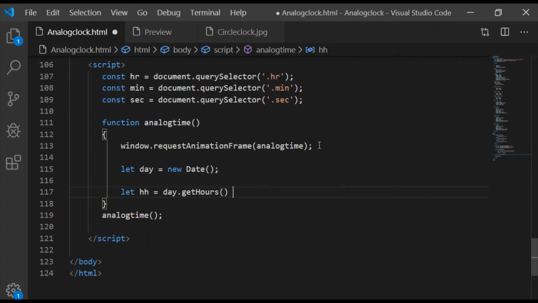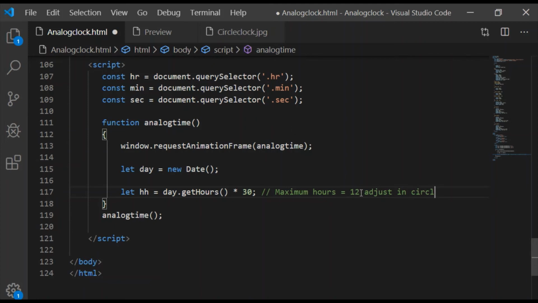From this day variable, we will get hours into the variable HH, and it shall be multiplied by 30. As we know, hours of our interest are to a maximum value of 12, and that should be spread across the circle.